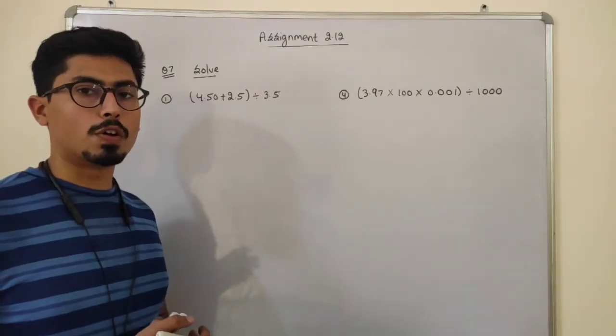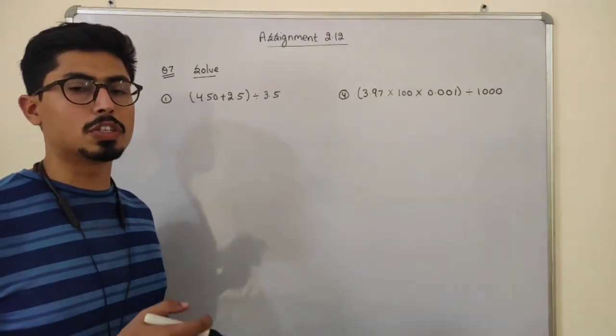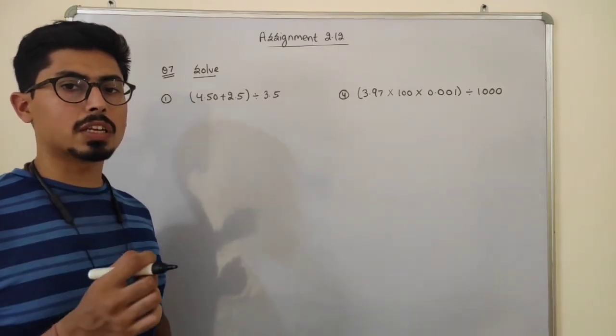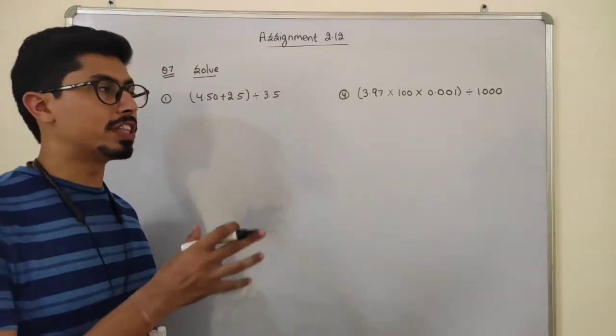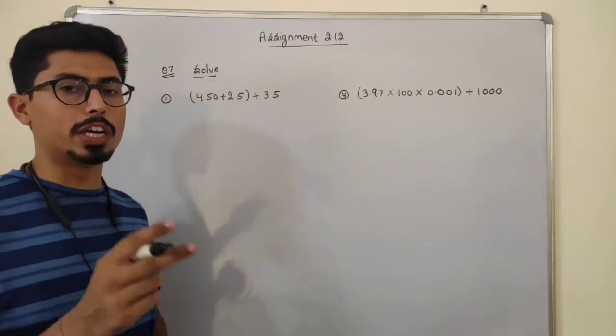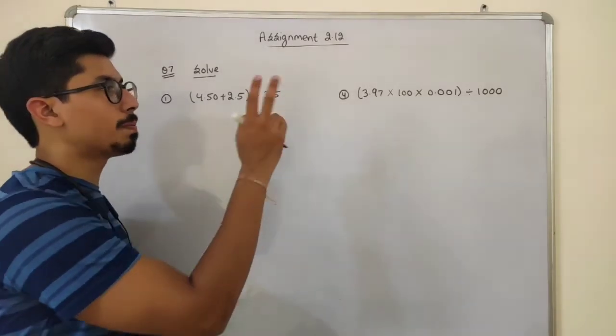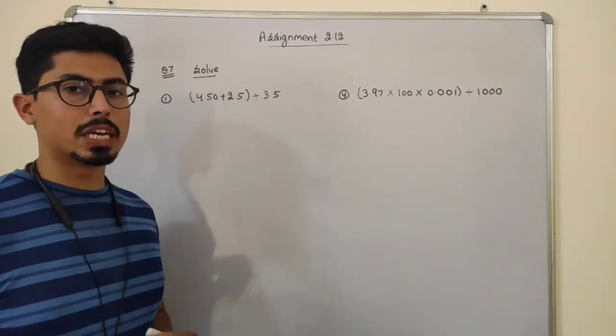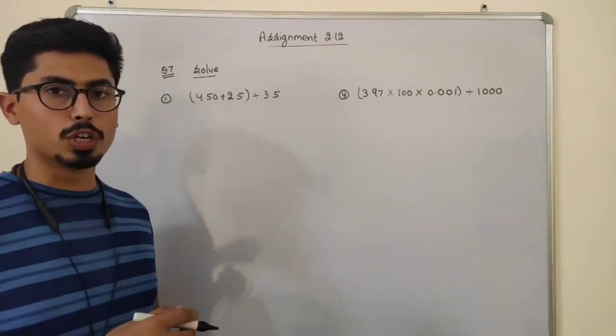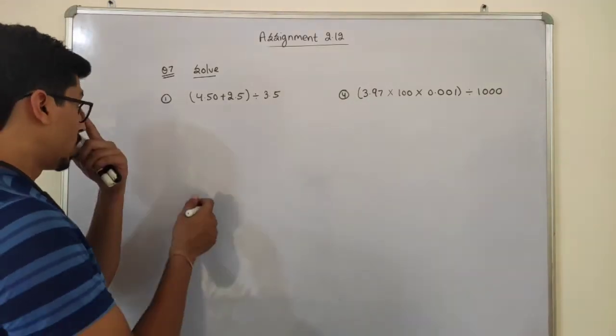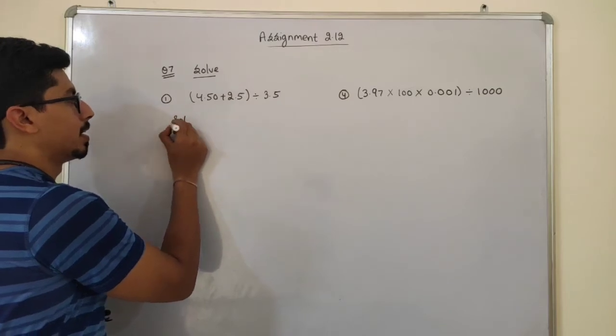Okay students. So moving forward to our last question, that is question number 7. Question number 7 consists of 4 parts. Out of these 4 parts, I am going to discuss only 2 parts, that is part first and part fourth. The remaining parts, that is part second and part third, you have to do yourself. Okay. So the first part is